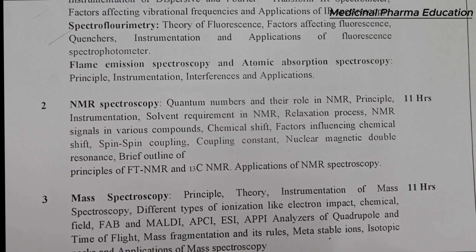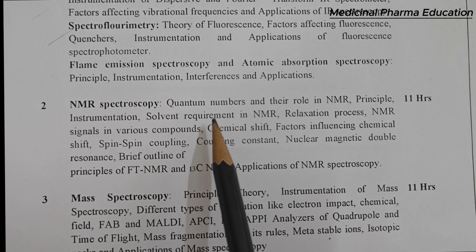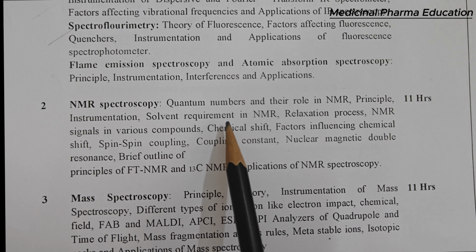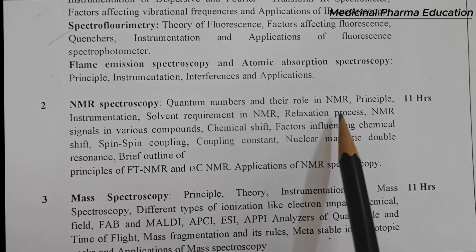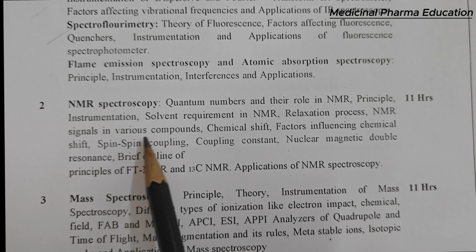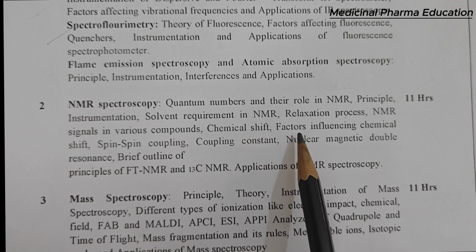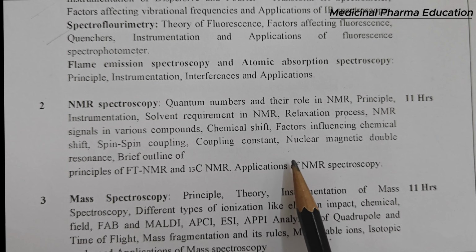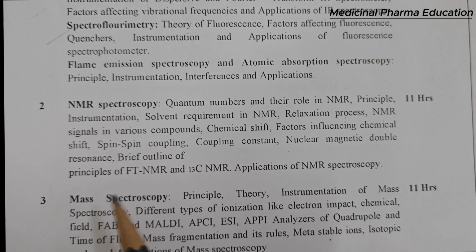In that we are going to discuss the quantum number and their role in NMR, principle, instrumentation, solvents required for NMR, what the different solvents are and their role, and the relaxation process. And we will discuss NMR signals in various compounds, chemical shift and the factors affecting chemical shift, the important one, spin-spin coupling, coupling constant. We will discuss nuclear magnetic double resonance briefly, and the very important one is FT